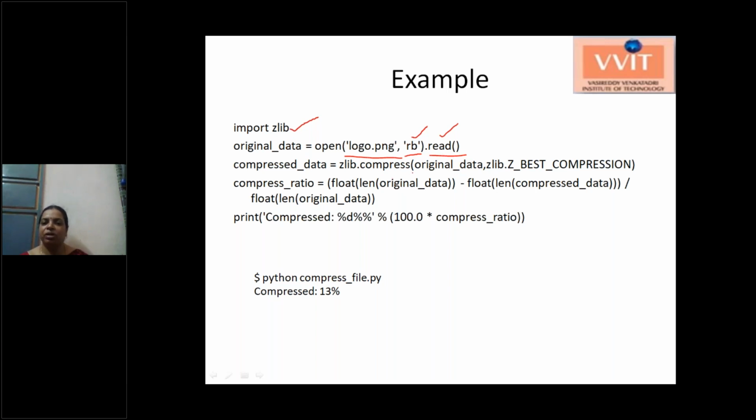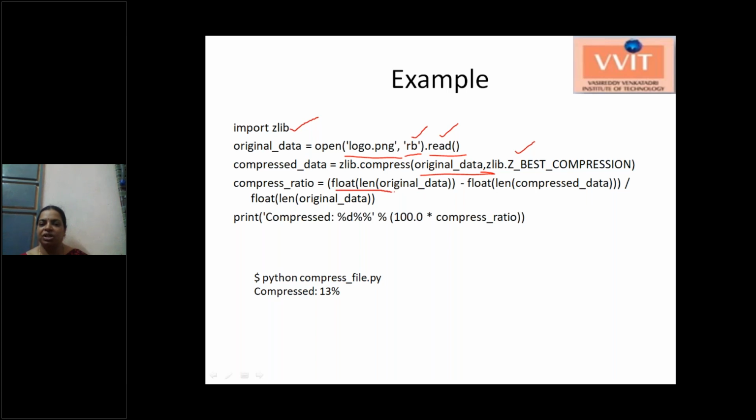Compress the data: zlib.compress of original data. This is our data retrieved from the file, and we are using the Z_BEST_COMPRESSION method, which is generally used for files. And compress ratio: here we are checking how much of the data is compressed, that is, what percentage of the data is compressed.